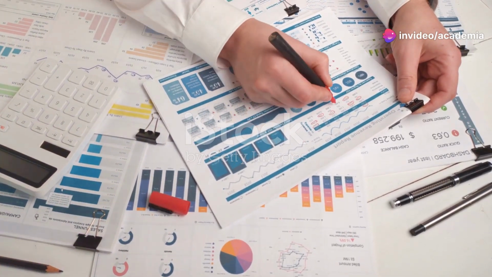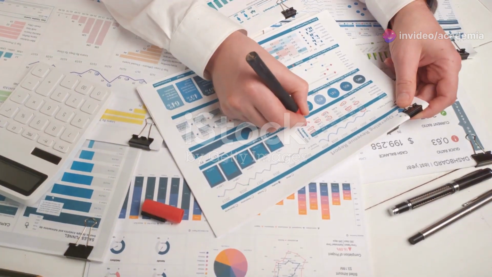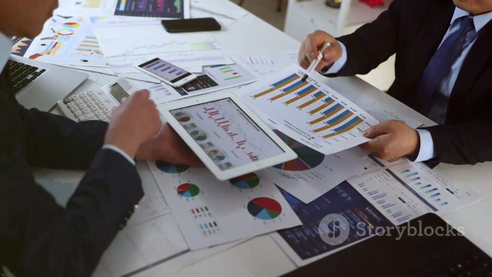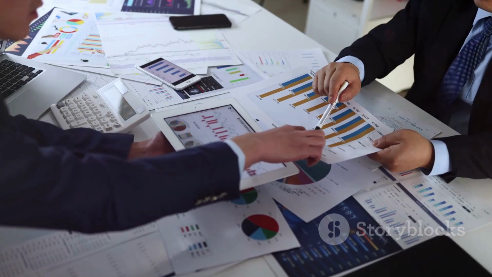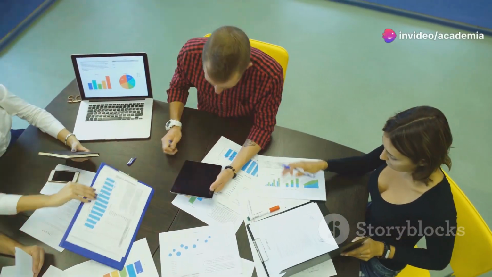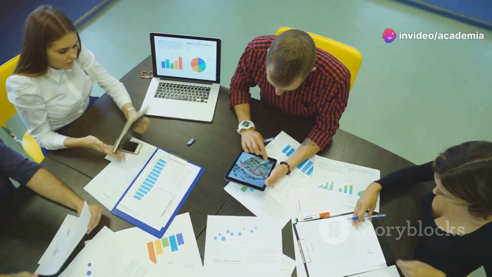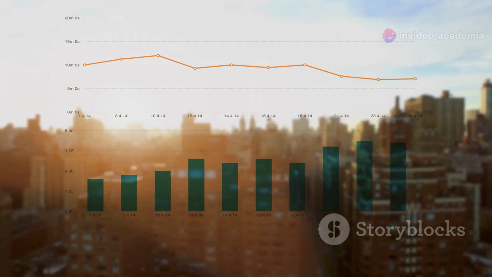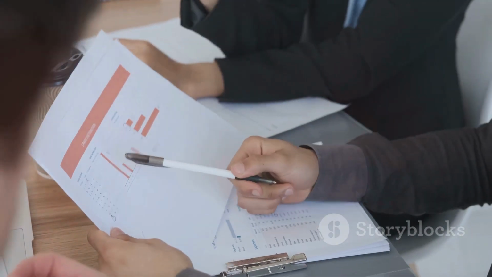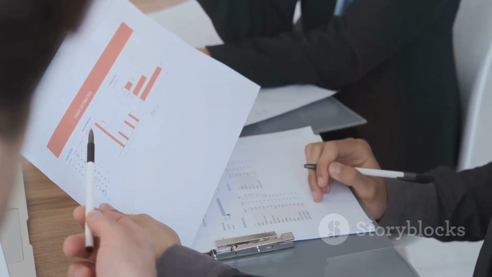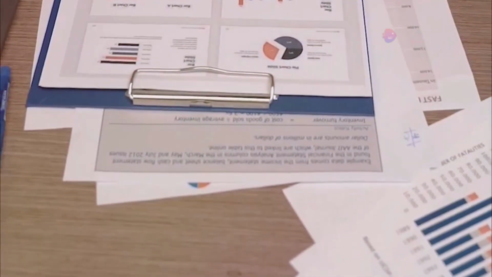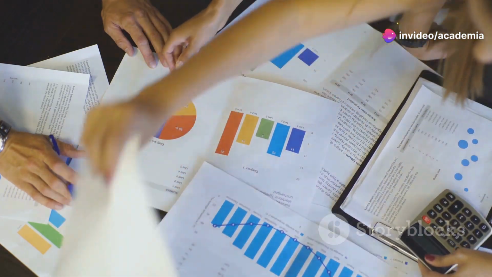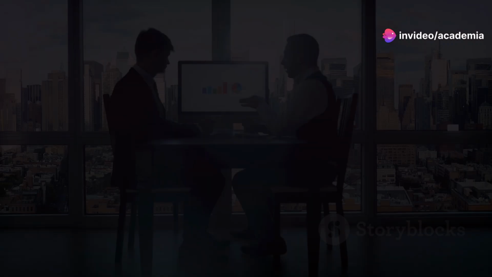Interpreting financial ratios effectively requires comparing them to industry benchmarks and analyzing trends over time. Comparing a company's ratios to its industry peers provides context and helps identify strengths and weaknesses. Trend analysis reveals how a company's financial performance has changed over time. Industry benchmarks provide a standard against which a company's performance can be measured. By comparing a company's ratios to its industry averages, investors can identify areas where the company excels or lags behind